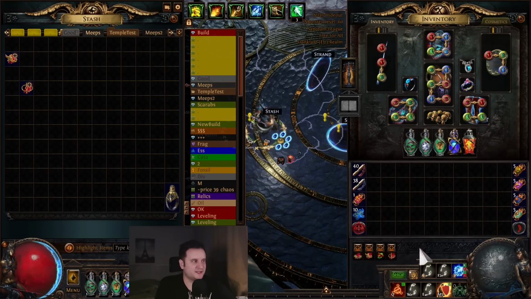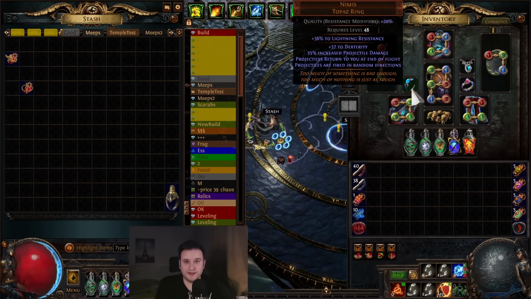But yeah, let's wrap things up. That's basically all I wanted to share with you. Nimis is an absolutely incredibly fun item. If you want to play it in the form it is right now, I very much doubt we're going to have the same Nimis next patch. Now, obviously, I don't hope for nerfs, but it just seems like for certain builds, this is way too broken to be true. I have no idea how this actually got into the game,